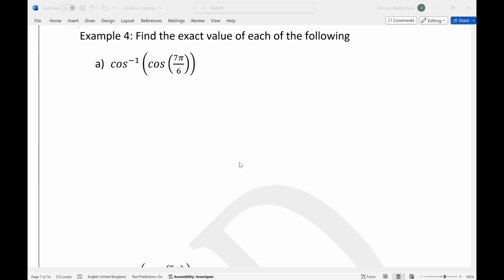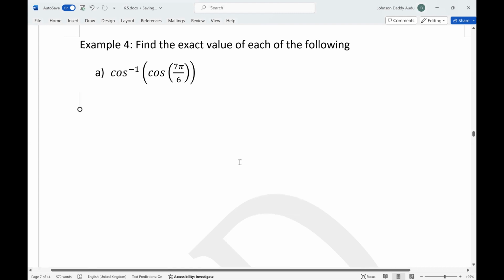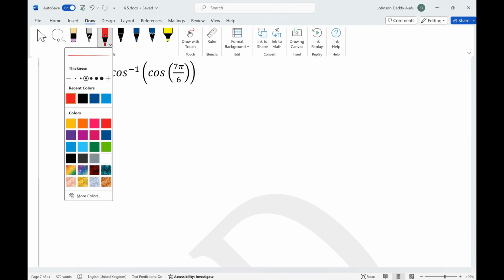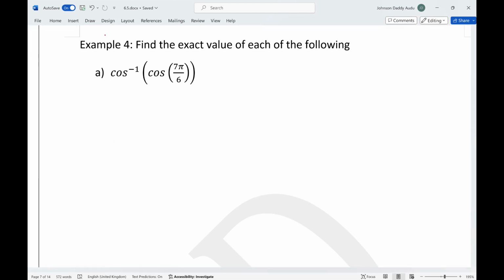Hello viewers. In this video, we'll be looking at compositions of inverse functions. For example, here we want to find the composition of cosine inverse and cosine. The first thing we should remember from the properties is that if you have cosine inverse of cosine of x, this is going to be x,